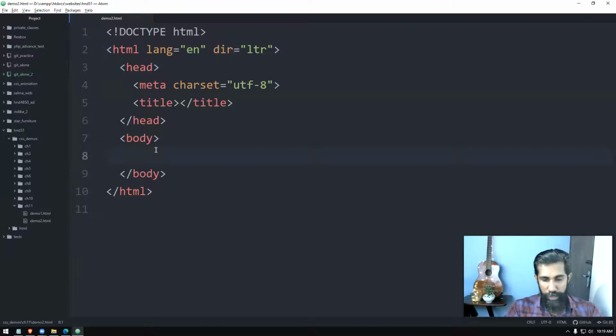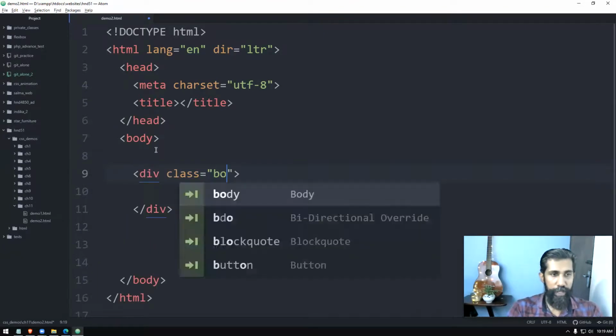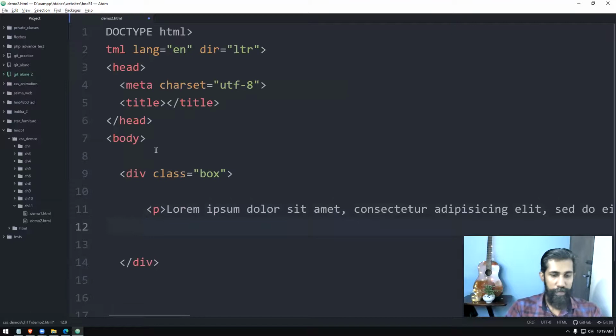In this web page, carefully watch this. I will simply put a div tag, a div tag saying box. Inside the div tag, I'll put 2 paragraphs. Very simple, 2 paragraphs.